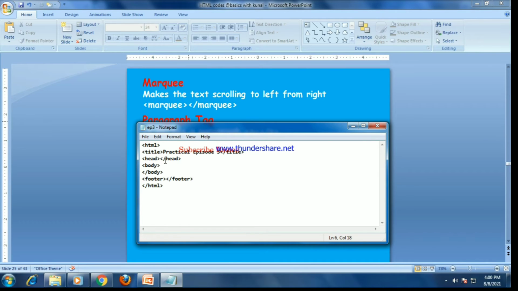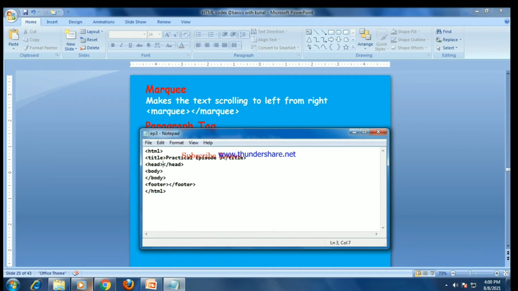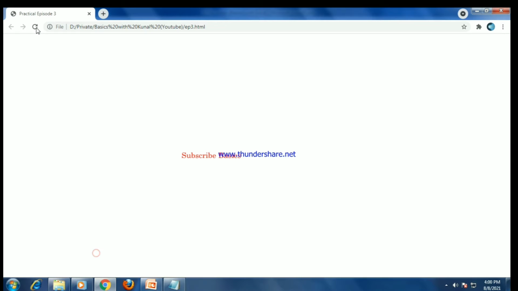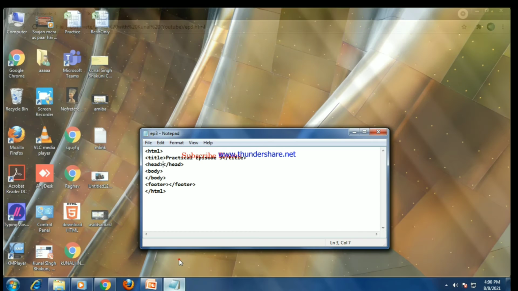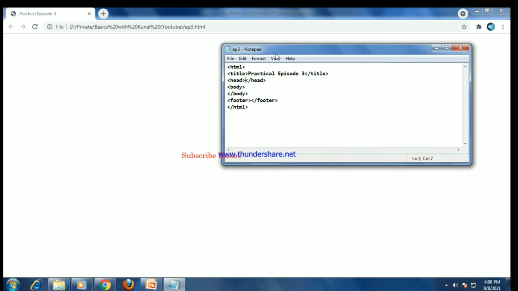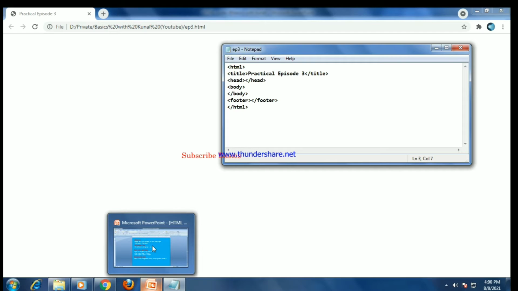Now let's get started with our practical. Here you can see this is the browser screen. I have nothing written here, so it's coming black. So I go to the notepad.